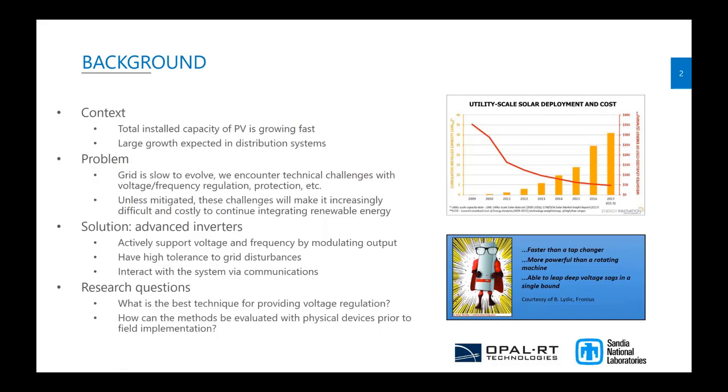But we believe that a big part of the solution has to do with advanced inverters, which are oftentimes called smart inverters. An example is shown here in the lower right. You can see it's a smart inverter because it's wearing nice glasses, so it's a very intellectual inverter. And then it also has the ability to communicate to grid operators. It has the ability to ride through different deviations on the power system, and it can support voltage and frequency